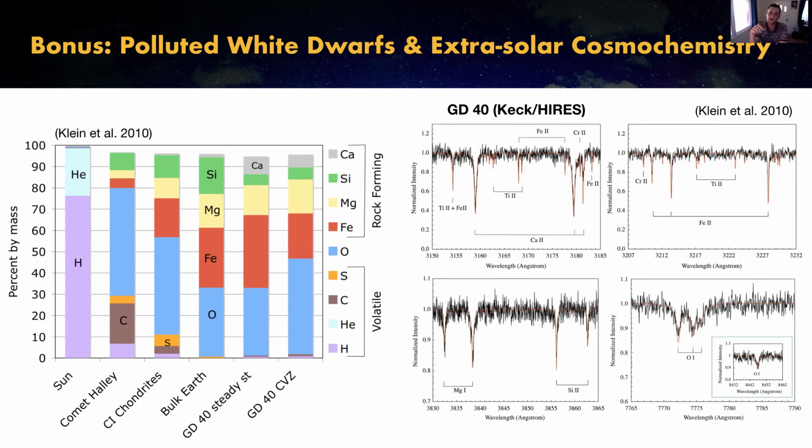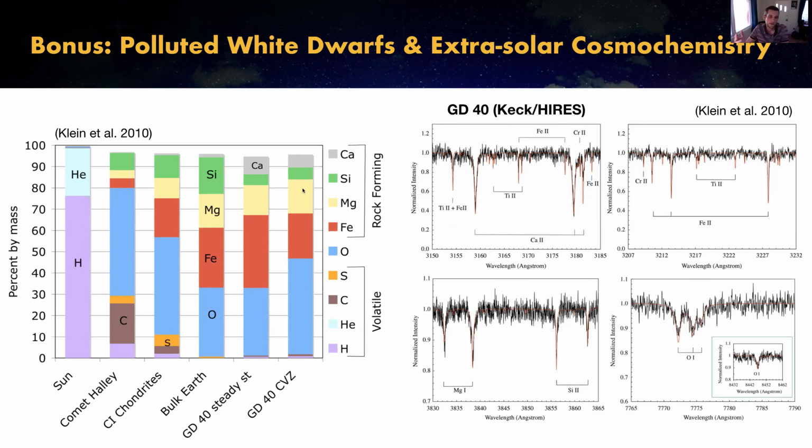So by comparing then removal rates for these different elements, you can build up, for example, for this single white dwarf GD40, a pie chart for what the composition of the material is continuously falling onto the white dwarf, which in this case is mostly iron, magnesium, silicon,